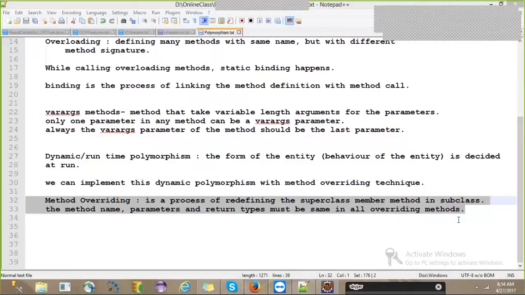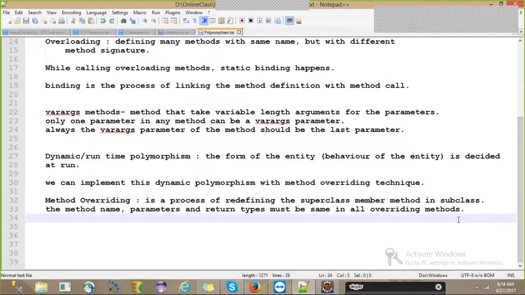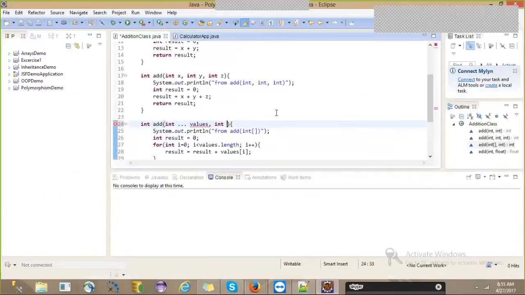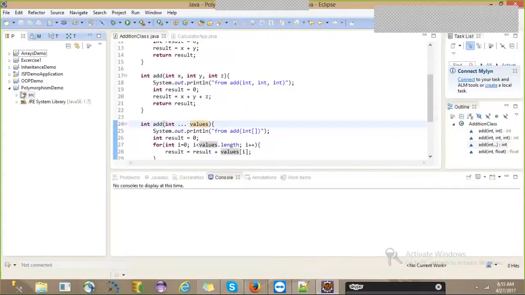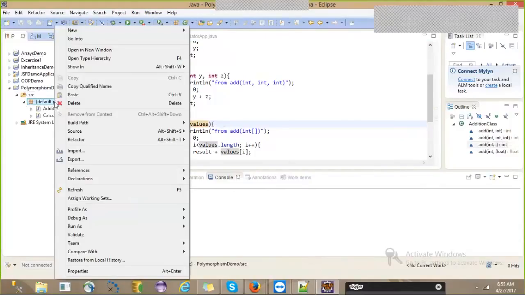Now let us see method overriding programmatically. How do we implement method overriding? Let's come to the programs. In dynamic polymorphism, to do method overriding, what do we need?